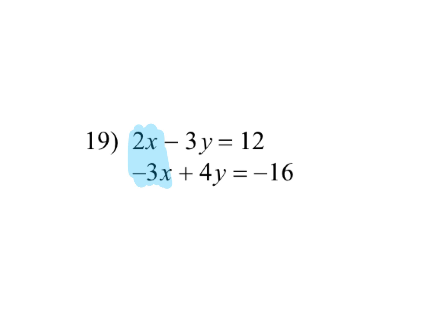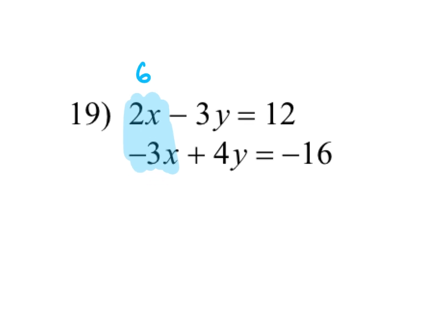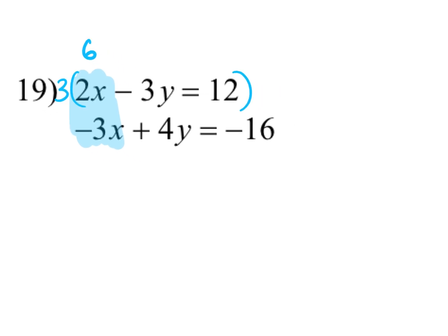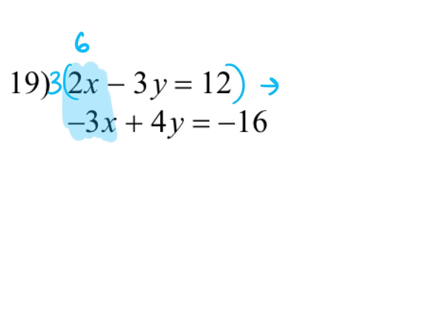What do we need to do to make them the same number? Get them to 6. We need to multiply both equations to make them 6. So what do I need to do to multiply the first equation to make it 6? Multiply it times 3. So my new first equation is going to be 6x minus 9y is equal to